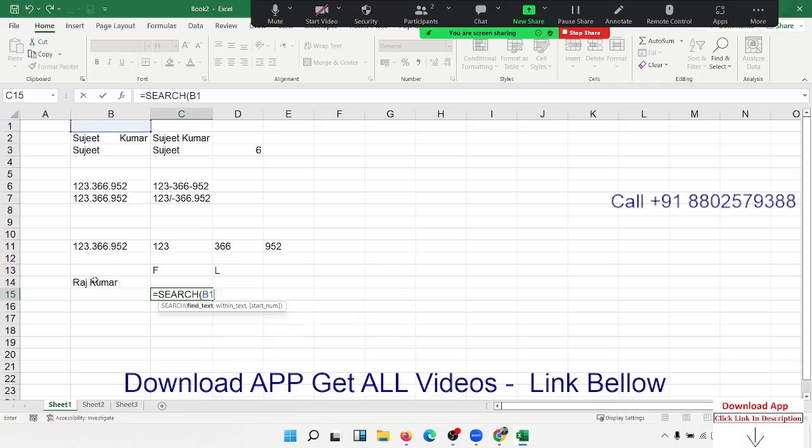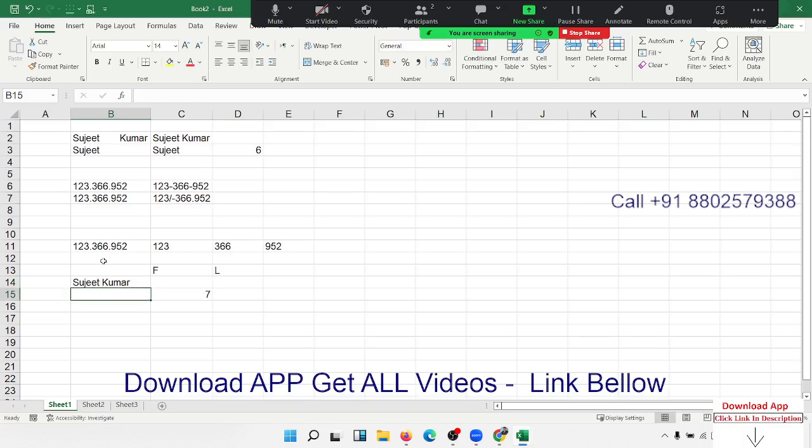So we select FIND here, give the space, select the text, and type the start number. Which character do you want to start the searching from? It's like space, so we give 1, start from 1. This gives the position number. Space is the 4th position, right? When you change your data, like Sujit, then the space is the 7th